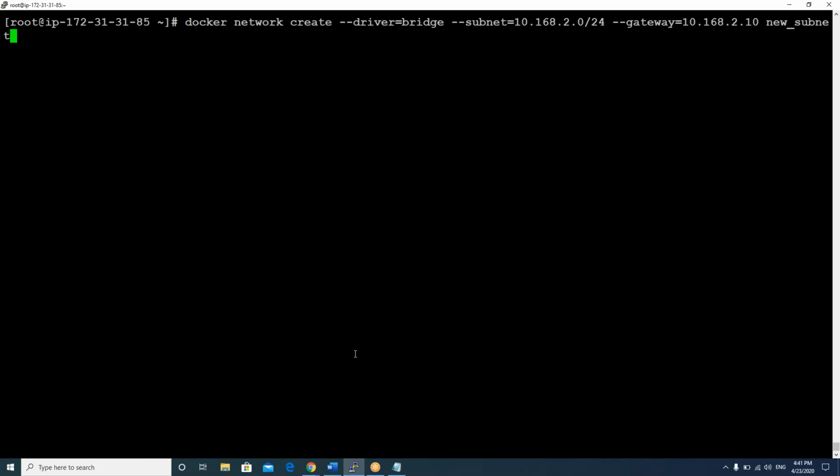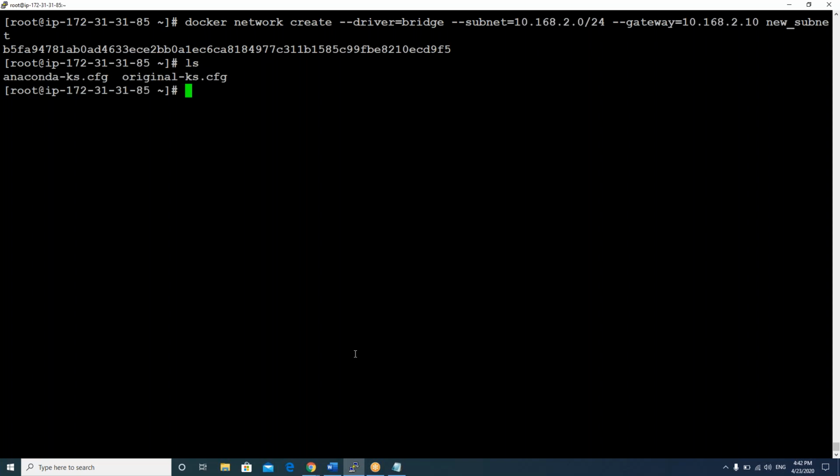Putty. So my default network is 192, and apart from that, I created one more network called the 10 series. My network name is new subnet. Now, how can you check docker networks? docker network ls.